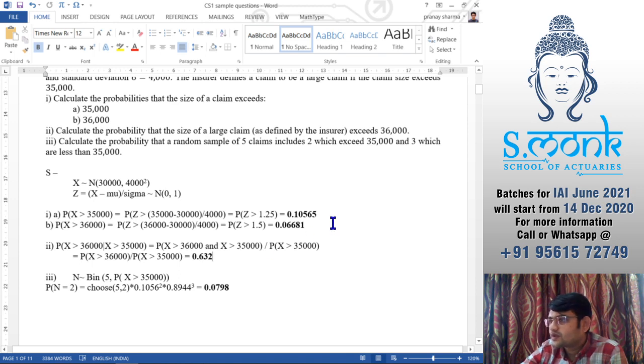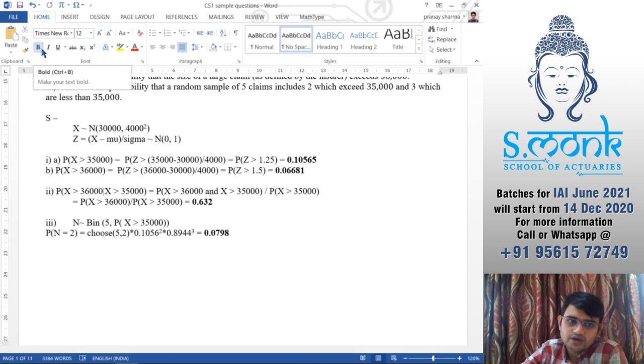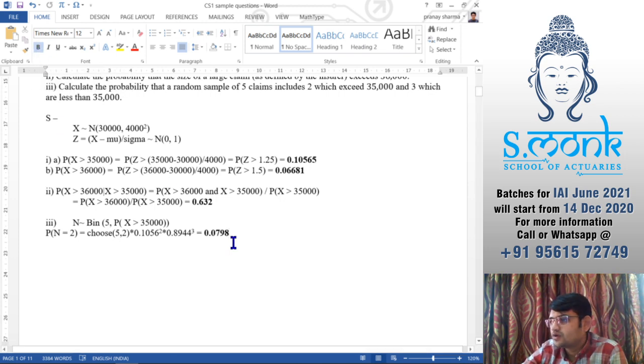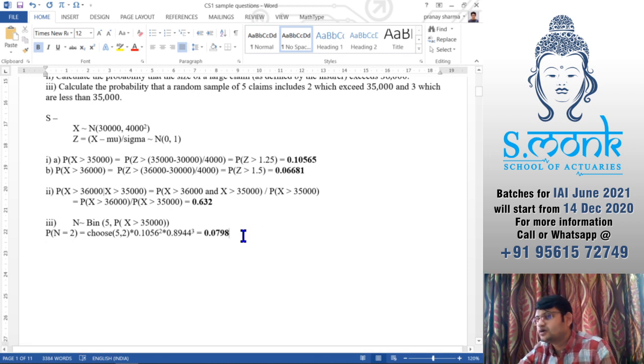Now I also make my answers bold so that whenever somebody is looking at the solution, their eyes go towards the answers. But I do that after I have started the next solution, because otherwise you will have to toggle the bold with Control B, since if I press enter and start writing, it will always give me bold. So whenever I've completed the whole question, or maybe 2-3 questions, I come back and make these bold.